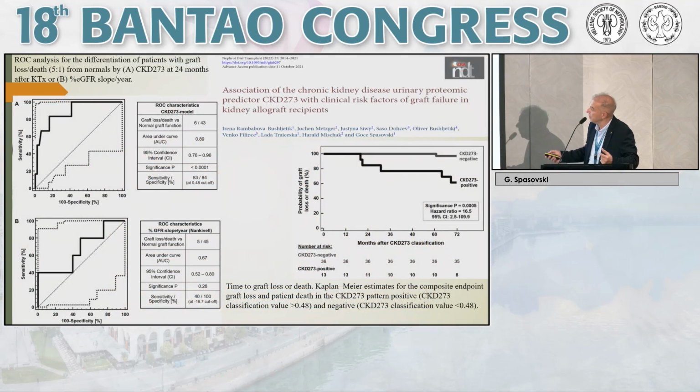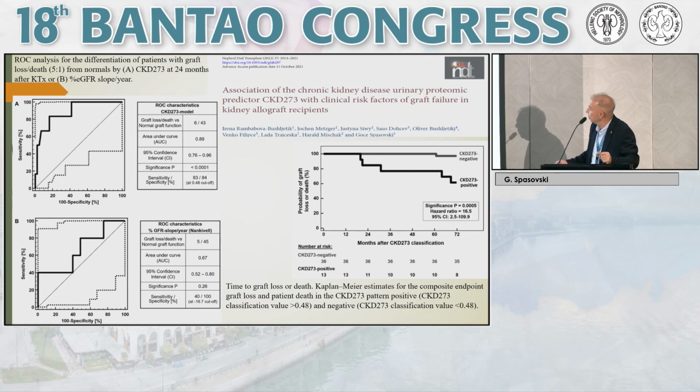And you just see the ROC curve. Area under curve is 0.89, which is pretty high, compared to the standard GFR slope, the percentage of GFR slope, so the decline of GFR over the years of follow-up, which expresses 0.67 area under curve, which is a much smaller number